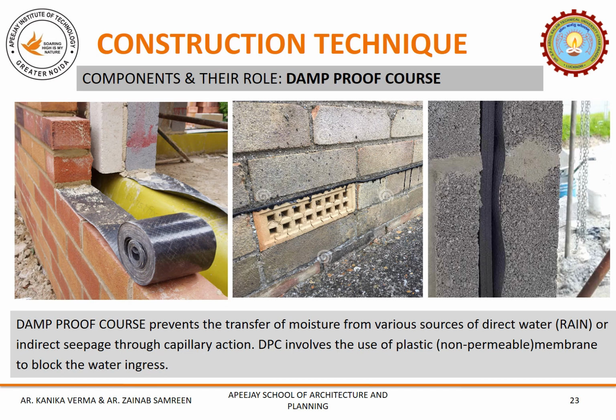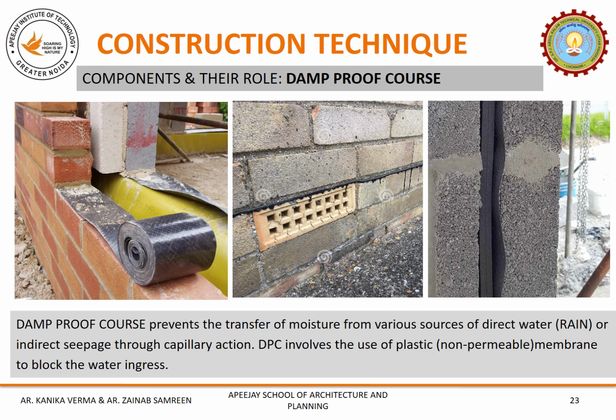As one can see in the first image, a black non-permeable membrane has been placed on both inner and outer leaf at the same course, with a yellow plastic sheet to stop seepage along the inner wall, which is used as a vertical DPC. However, the black sheets are working as a horizontal membrane. So the vertical DPC, the yellow membrane, is there to protect the inner leaf from possible dampness caused by the water collected at the bottom of cavity wall, or which can further infiltrate inside the wall.